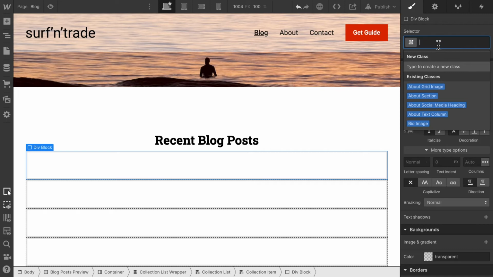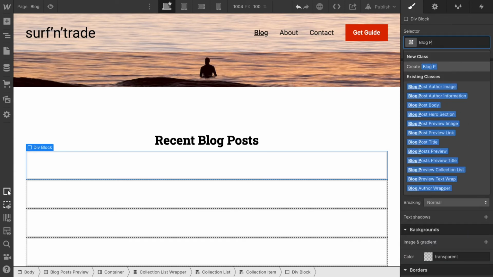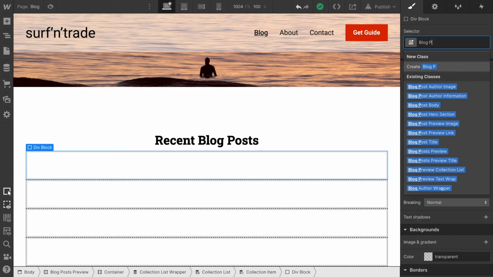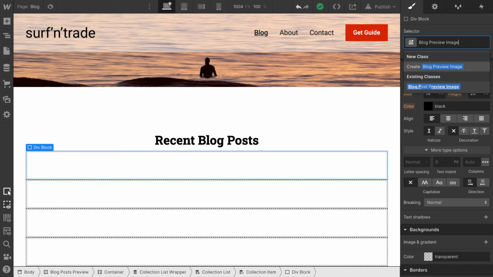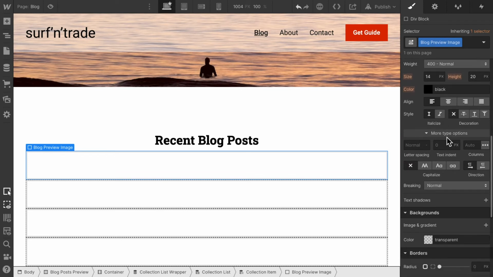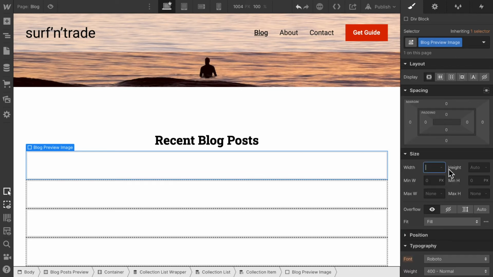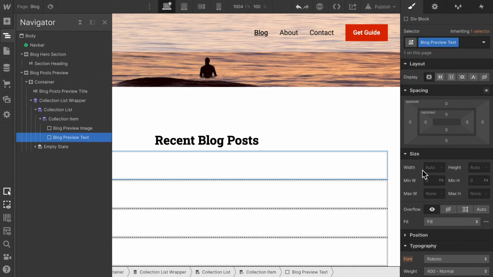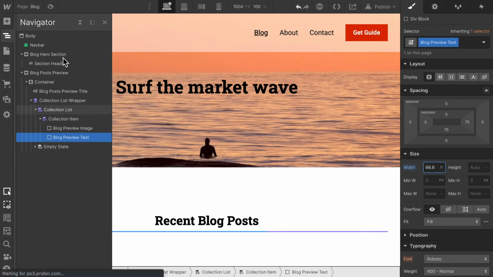The first div block I'm going to call block, this is already used, block preview image, and I'm gonna set its width to say 33.3%, and the other div block I'm gonna call block preview text, and set this to 66.6%, and then